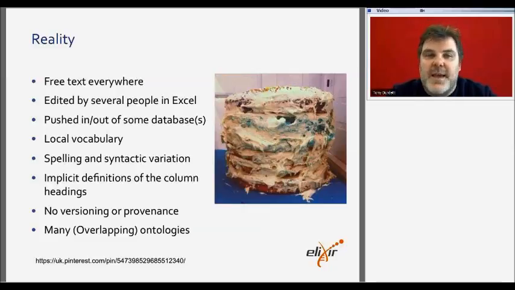There's no versioning, and actually in the ontology space, there are many different ontologies for describing overlapping concepts. So there are many disease ontologies, for example. So we don't very often get close to the ideal scenario. The bottom line is that data that's out there in the wild, in the real world, is just not that well harmonized. Biosamples is trying really hard to deal with those problems